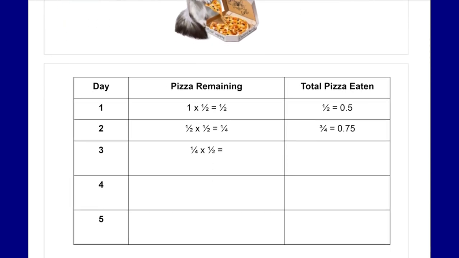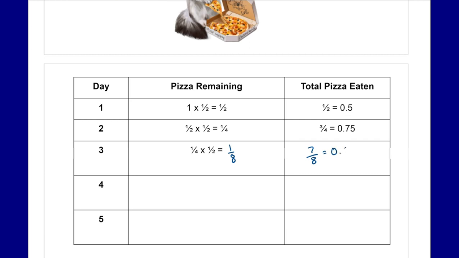The first day, he has a full pizza, he eats half of it, so he has half a pizza remaining, and he's eaten half a pizza. The next day, he has half a pizza, he eats half of it, so he's left with a quarter. So he's eaten 3/4 of the pizza. The following day, he has a quarter left, he eats half of it, he now has 1/8 of the pizza remaining. So that means that he's eaten 7/8